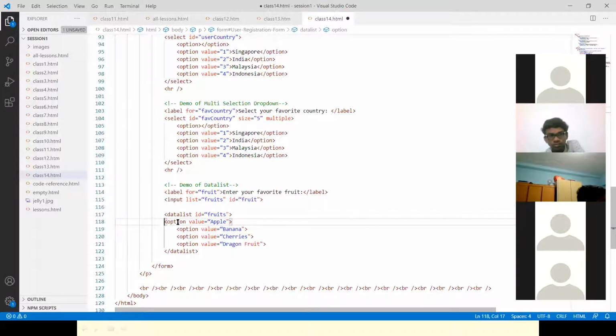Yes. No, it is like content, right? This is the child elements of data list. Same like select box. Select box has the elements, right? All the items we will give with 4 spaces of indentation compared to the parent. So these are all children to the select. Similarly, these options are children to this data list.